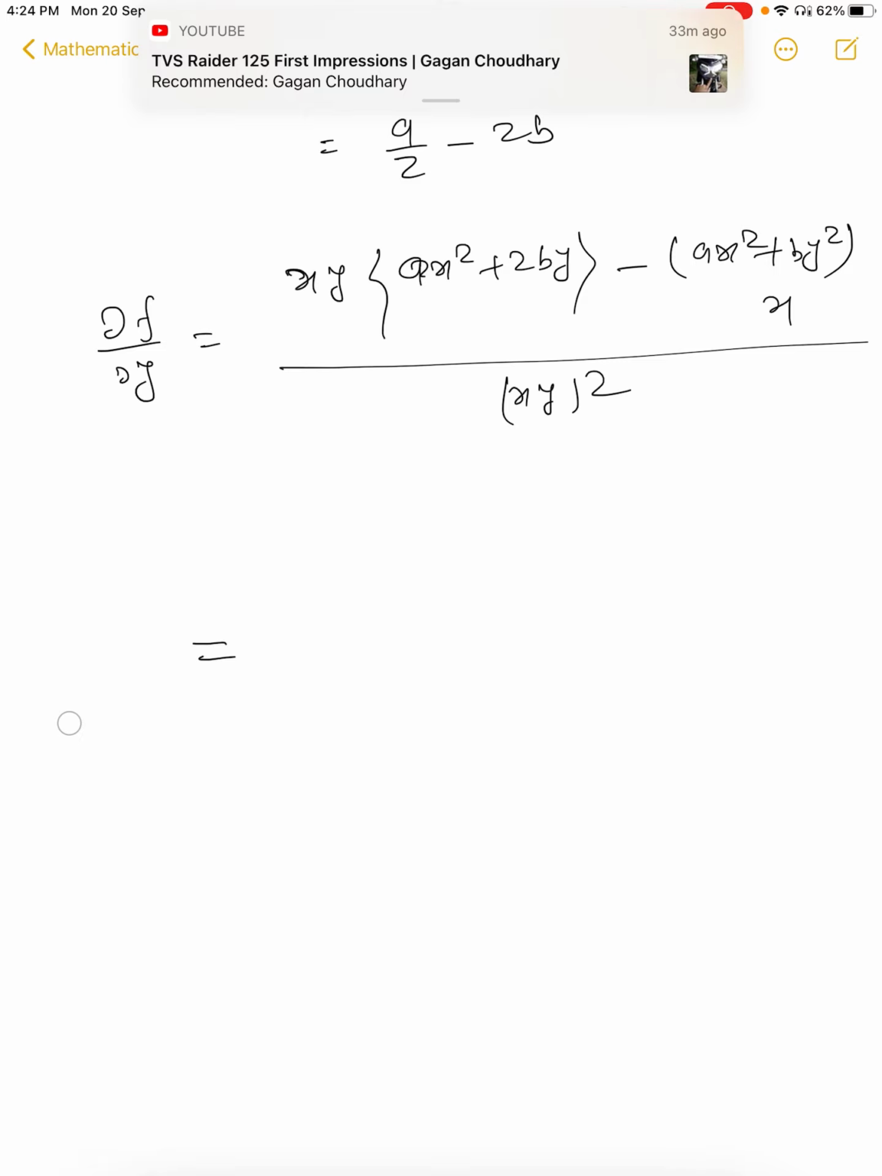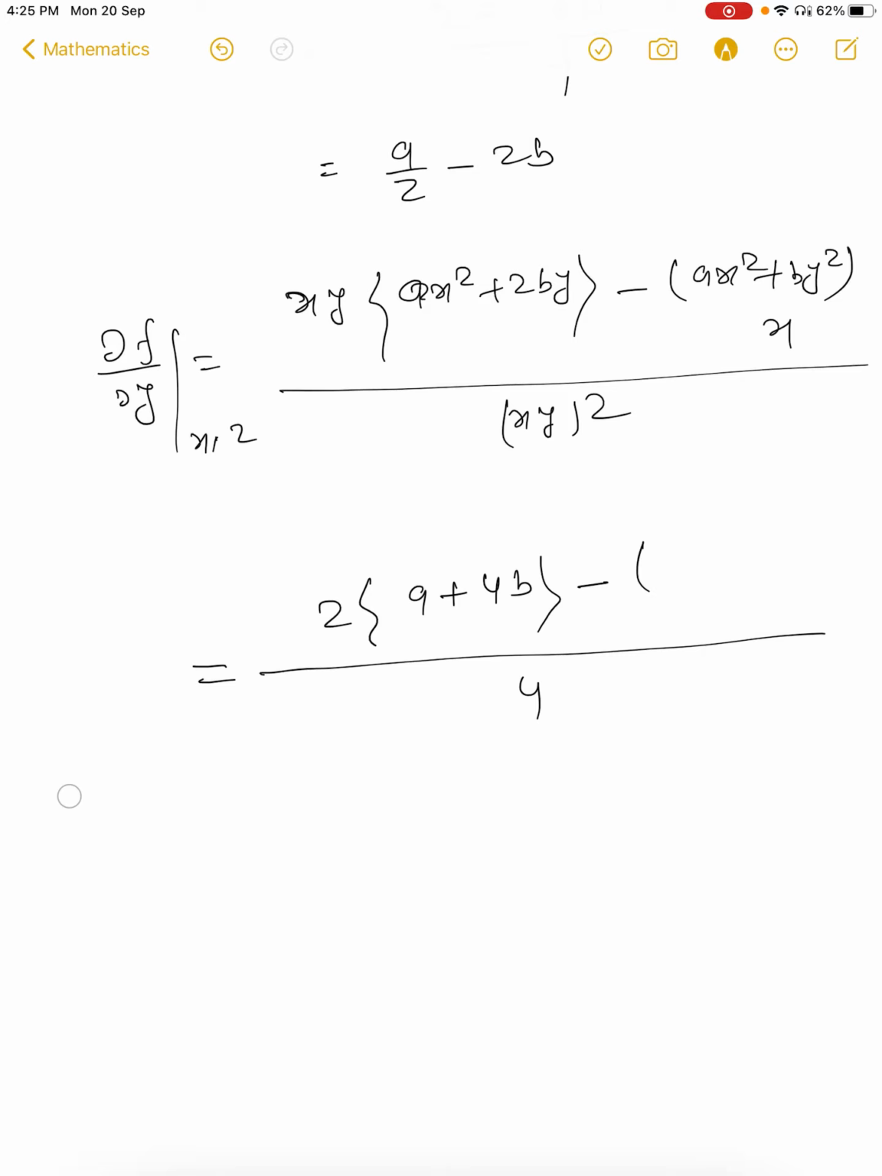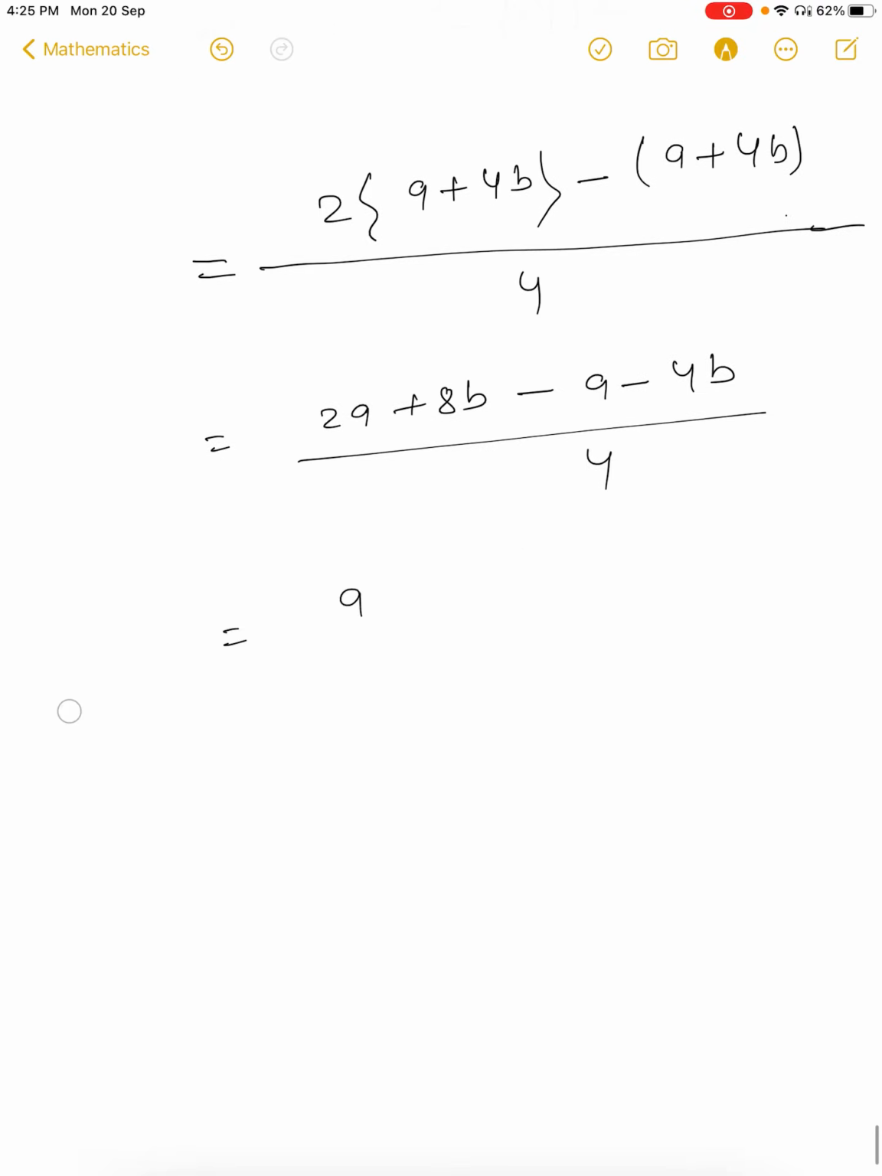So what will happen after simplification? Put x equal to 1 and y equal to 2 directly. There is no need to simplify all this. Here it is a 2, and here will be a plus 4b minus a plus 4b. Okay, and x will be 1. So 2a plus 8b minus a minus 4b upon 4. So a plus,